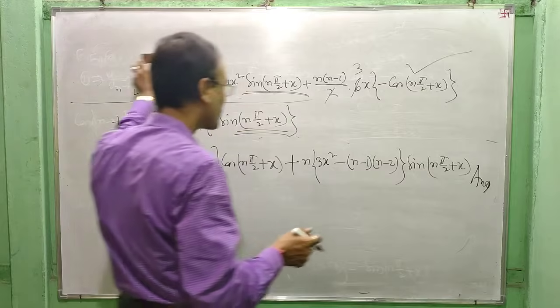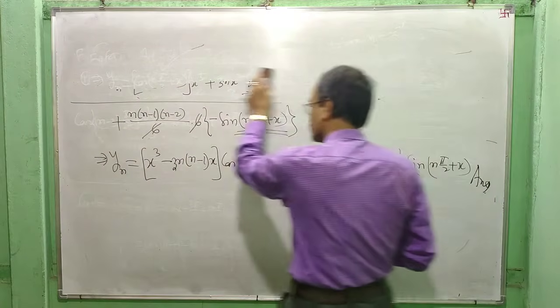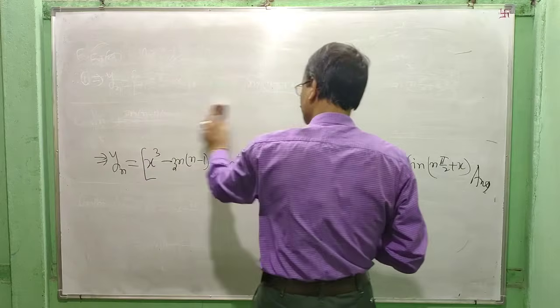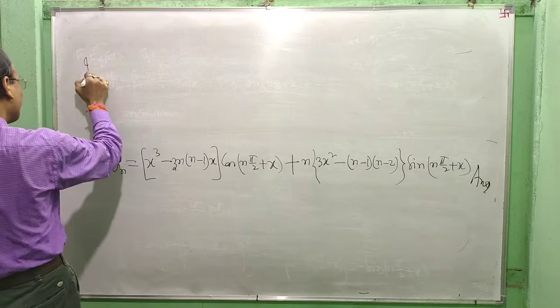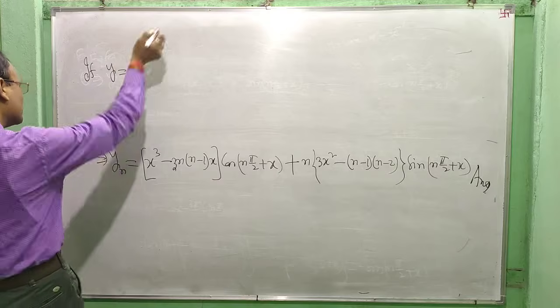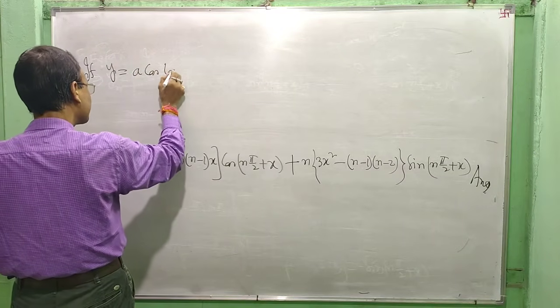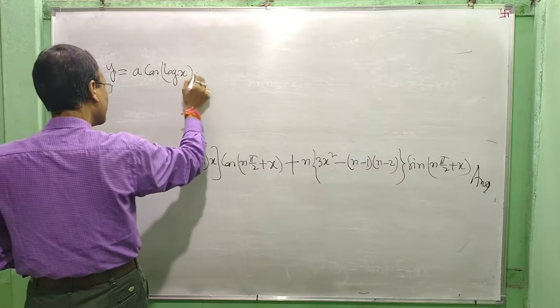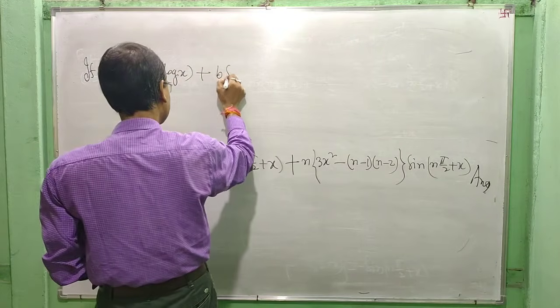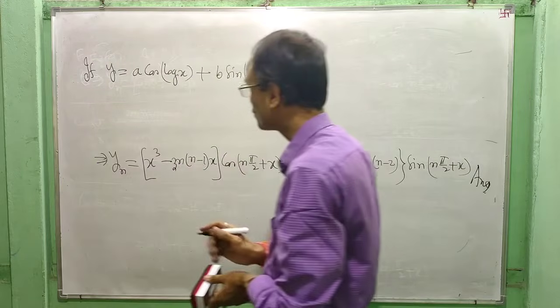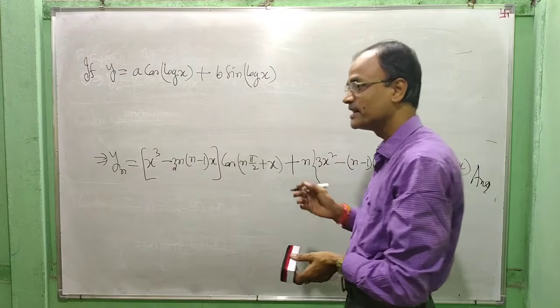Let us take another problem. If y is equal to a cos log x plus b sin log x, then show that